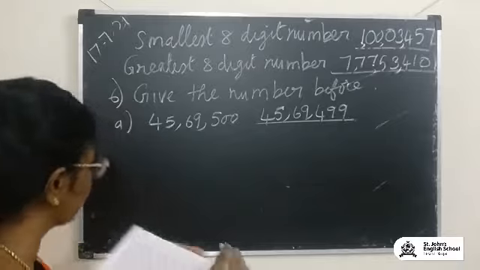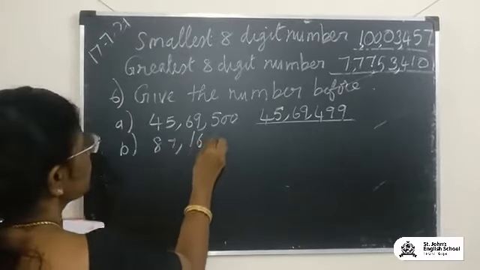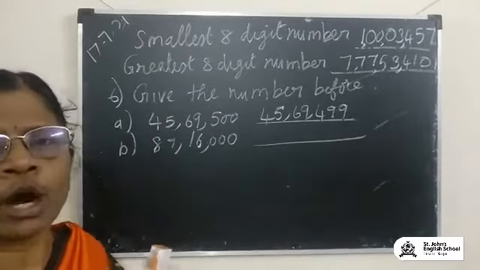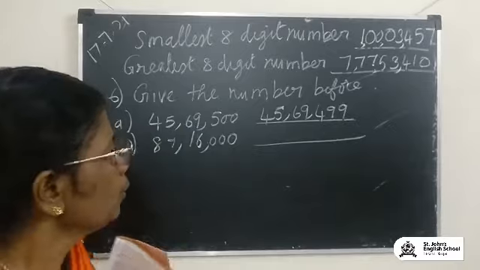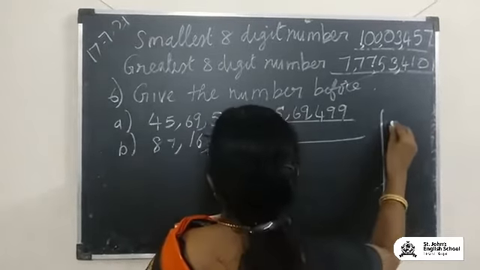Okay, so this is a little easy because from 500 we followed the previous number. Okay, suppose in case we have the B sum, 87 lakhs 16,000. Suppose you think I don't know how to find out one number before. What you have to do, children, in your rough column, okay, I'll make a small rough column here.